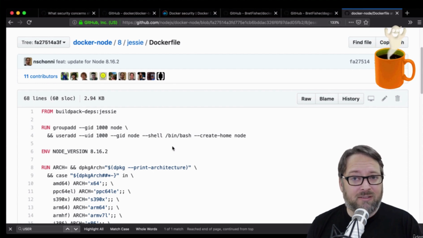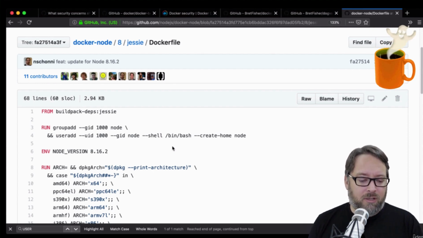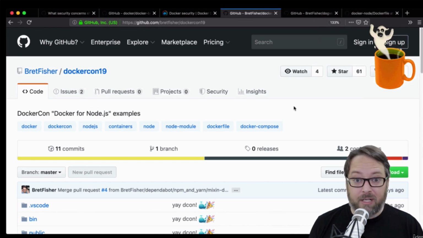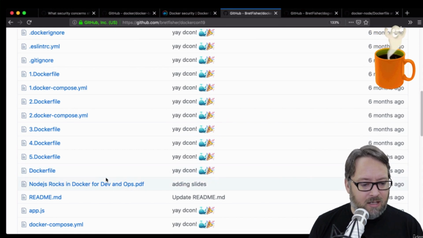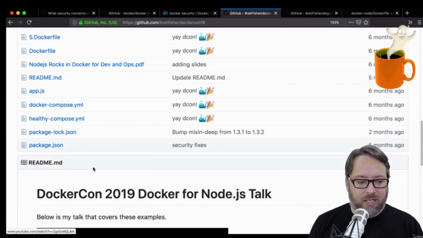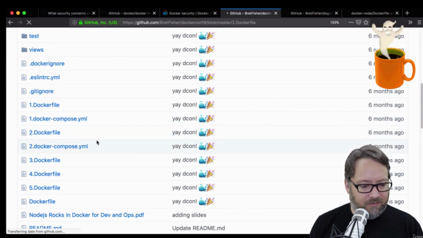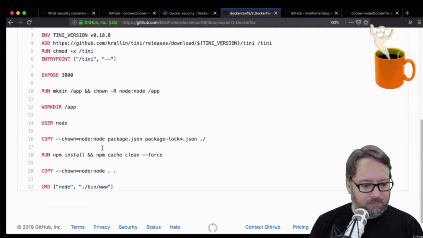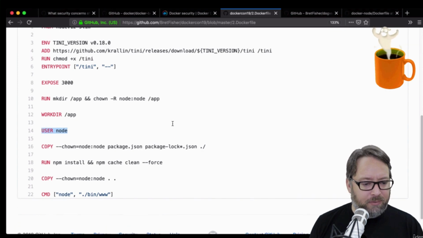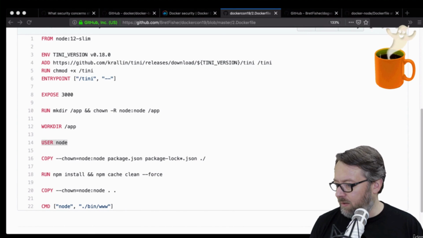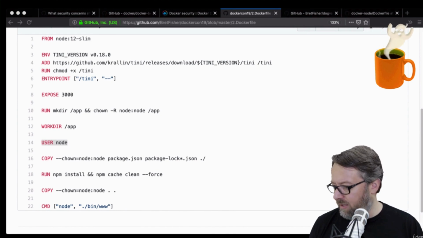So if your applications support it, do this. You basically make sure that you have the user available. And then I have an example from DockerCon over here. At DockerCon, I had a whole talk on Node.js, and one of the topics was on the user. So let me see if I can find that. All right, see what I did here? This is a pretty simple file. I'm going to link this and put it in this Docker file.